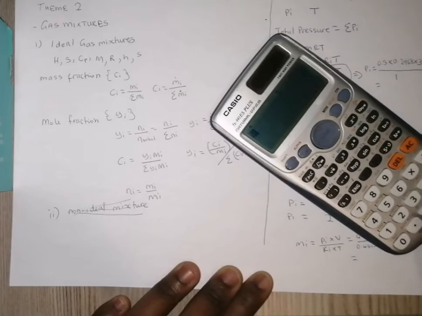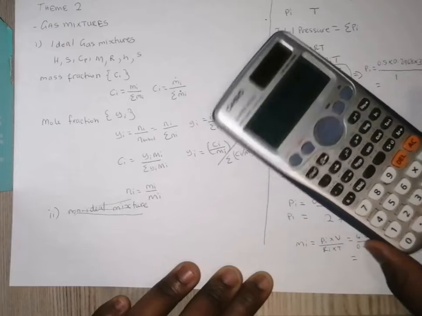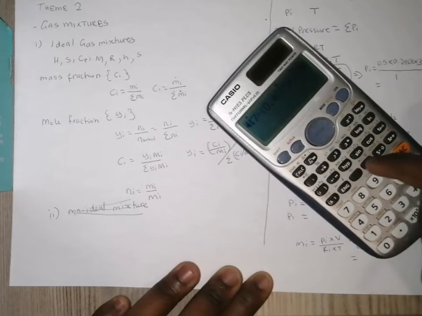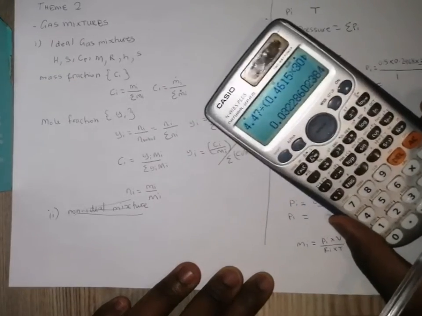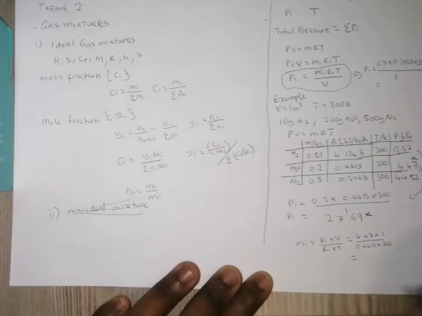So 4.47 divided by 0.4615 times 300, which will give us 0.0328, which is equal to 0.0323 kgs. So we still have 0.03 kgs of water in here, and the water that has condensed is equal to